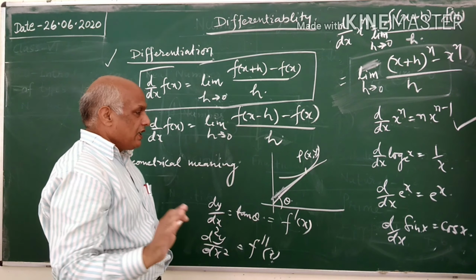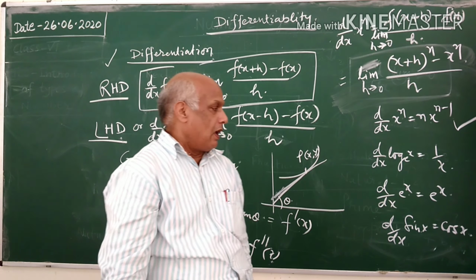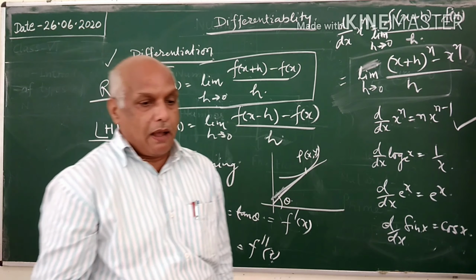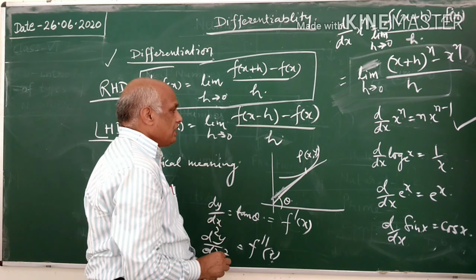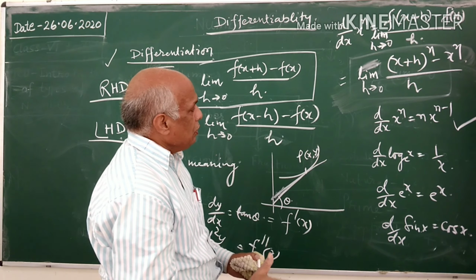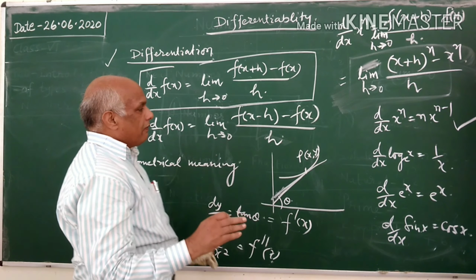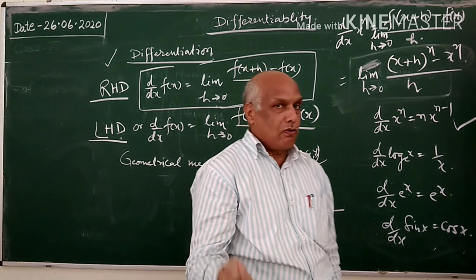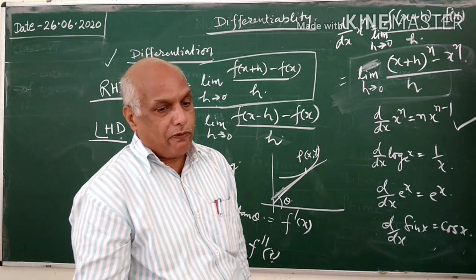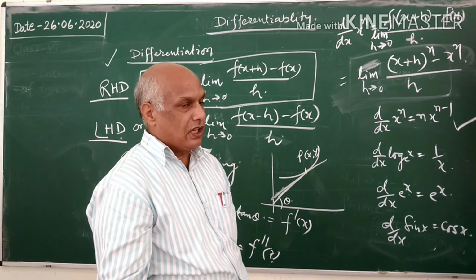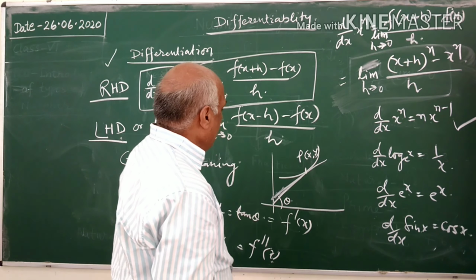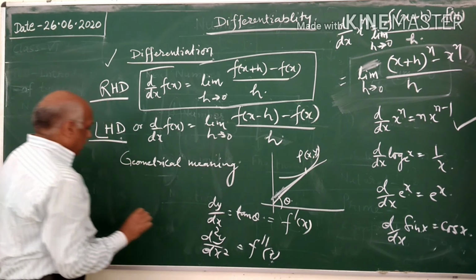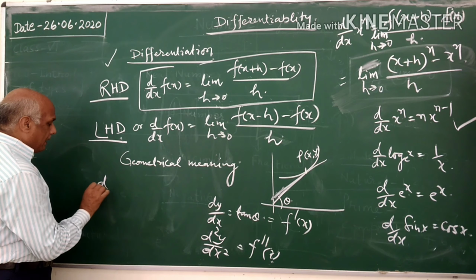So differentiation is an important part of our practical aspects. Differentiation can be used to find the rate of change in a quantity. It can also be used to find the slope of a function. So use this formula and you can try to find out the differentiation of functions.